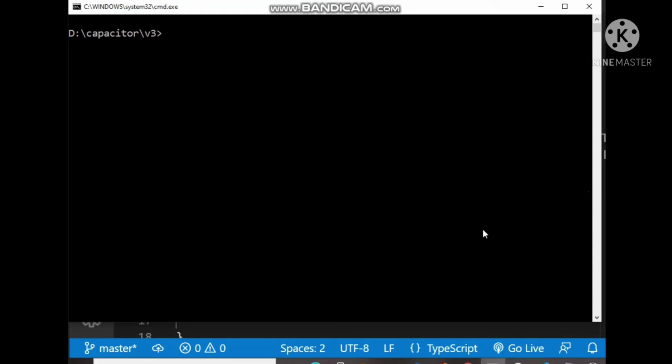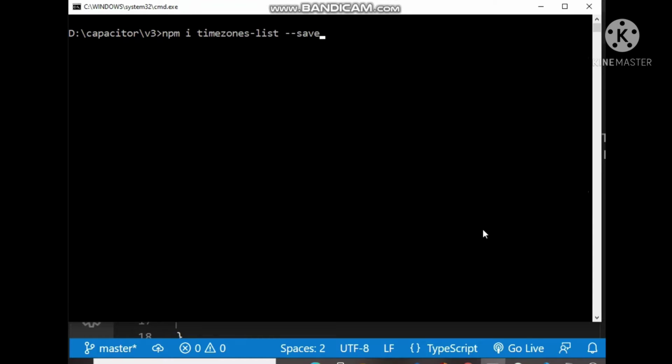But before calling the API, we plot the list of time zones, all the list of the time zones, on the HTML. So first we have to install an npm plugin to get the time zones list, and later we will call the API to get the date time of a particular time zone. So first install the plugin and get the list of time zones. So let's start now.